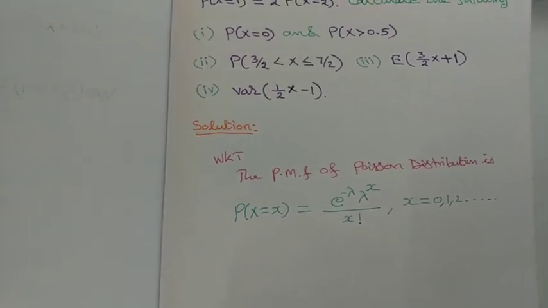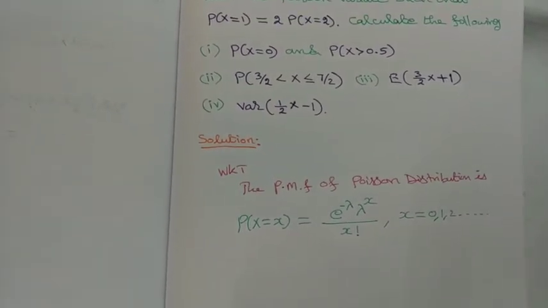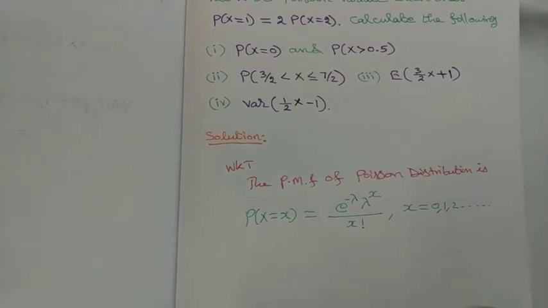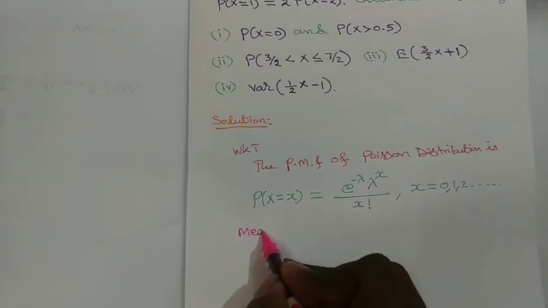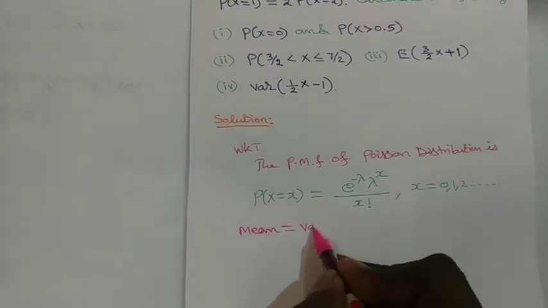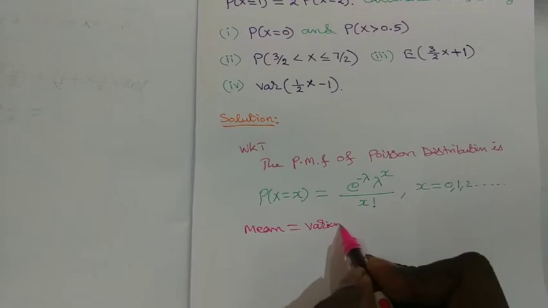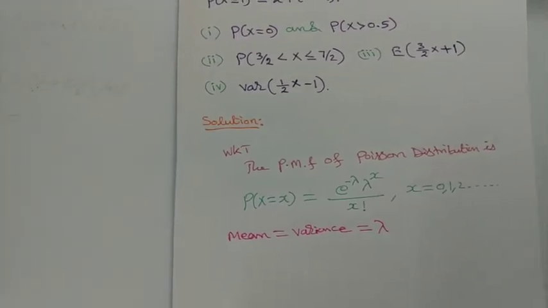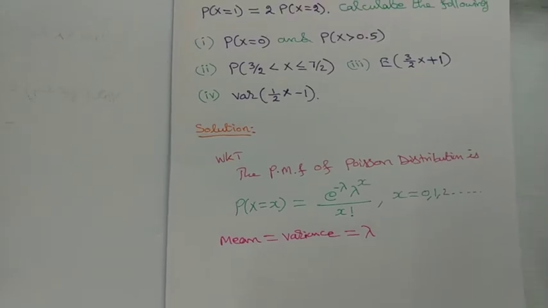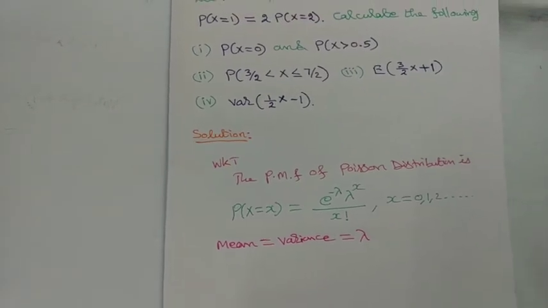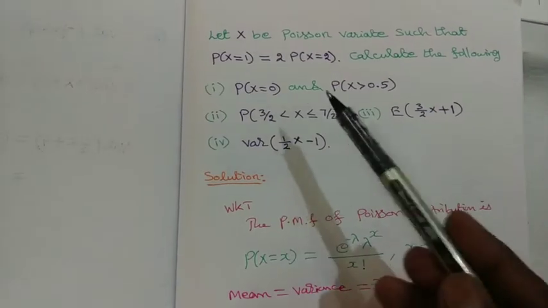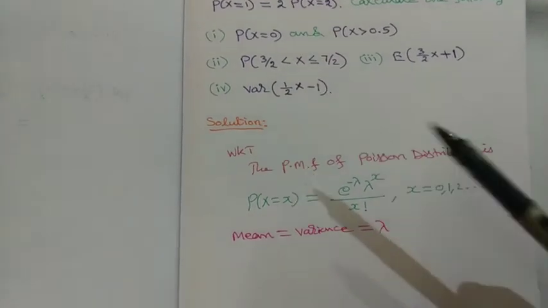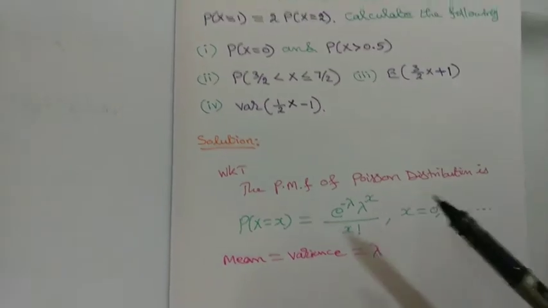Okay, so here in the Poisson distribution, the mean and variance both are equal to λ. So in the Poisson distribution, mean and variance are equal to λ. Okay, so by using this probability mass function, I am going to find P(X = 0). But to find the value, I want to find λ. For that, they have given